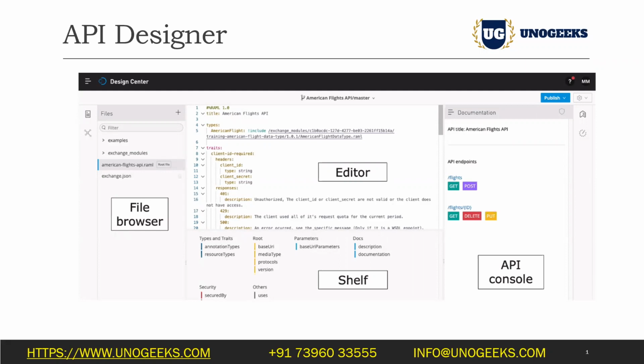If I'm clicking the GET method, what should it give? And if I'm posting something, what should it give? In that way, we're just defining the behavior of an API. Okay. And as MuleSoft